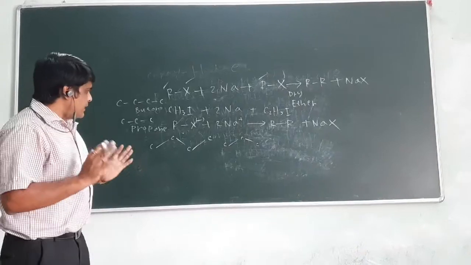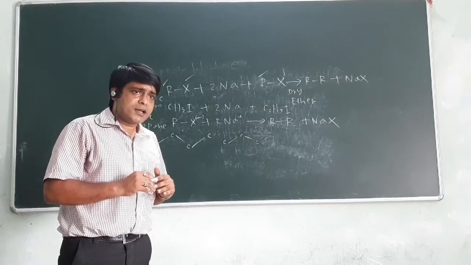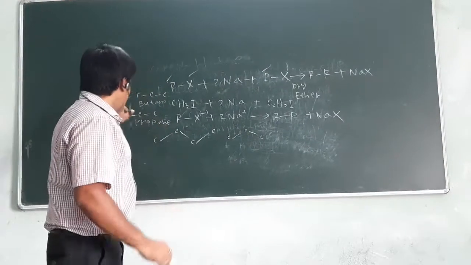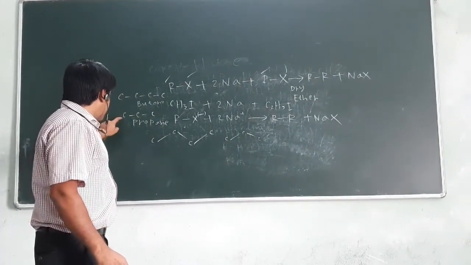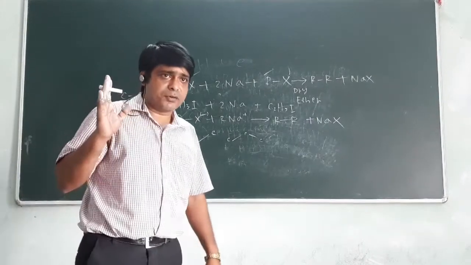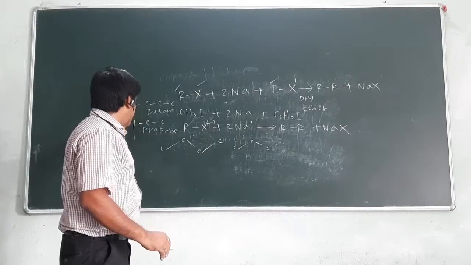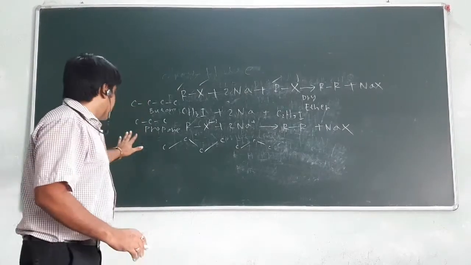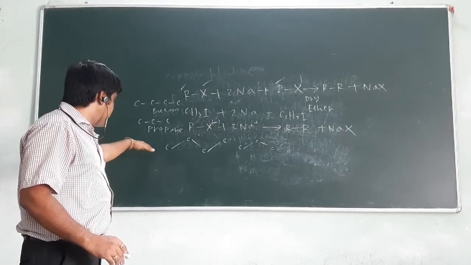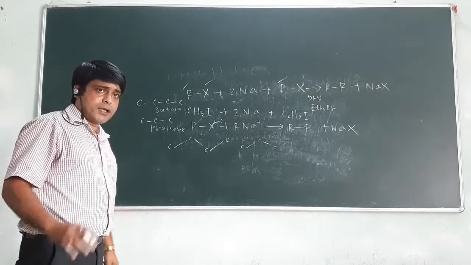Okay. See, there are some basic differences between odd number carbon containing alkanes and even number carbon containing alkanes. First thing, in odd number carbon containing alkanes, both the van der Waals force as well as the crystal lattice force are somewhat less than in the even number carbon containing alkanes. Okay, both are less, and due to that reason, odd number carbon containing alkanes have a lower melting point as well as a lower boiling point as compared to even number carbon containing alkanes. Okay,